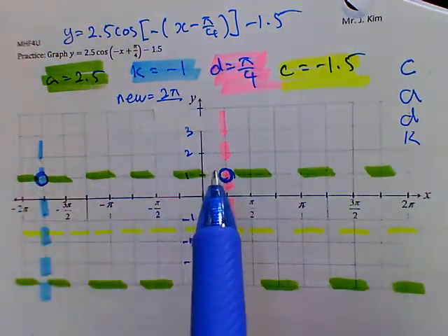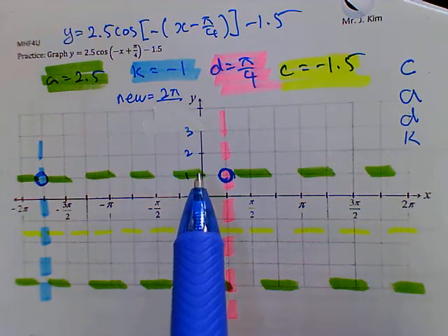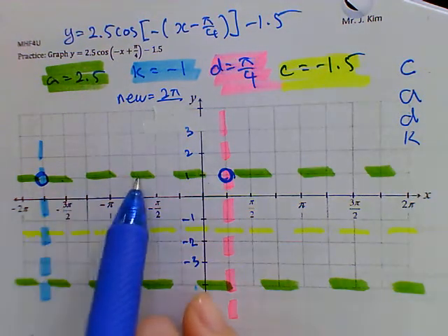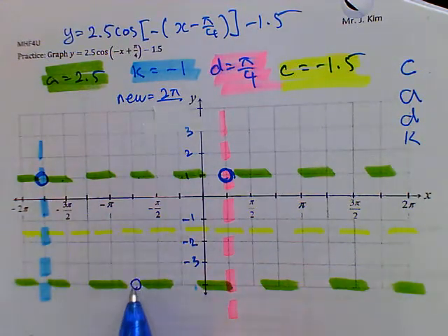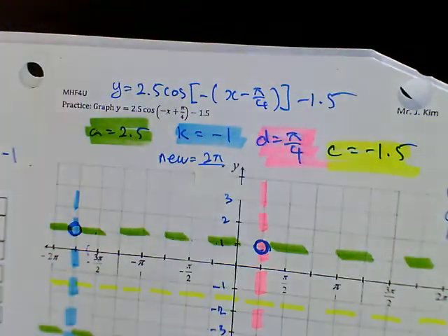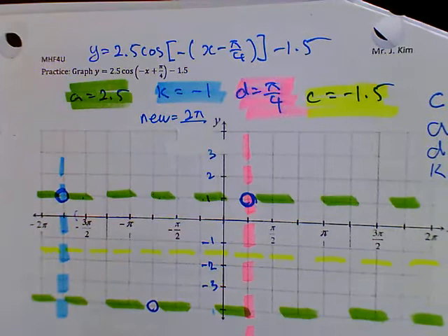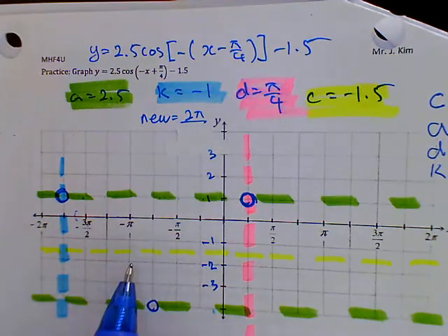Between these two should be a midpoint. 1, 2, 3, 4, 5, 6, 7, 8. So 1, 2, 3, 4. At the bottom of the box should be a midpoint. At the middle of this box should be a minimum. Between these two dots,